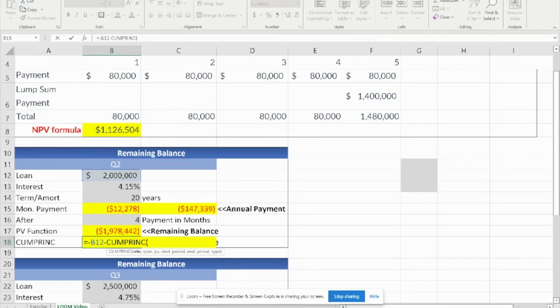So the CUMPRINC in Excel is telling you to find the rate, and it's going to be divided by 12, the number of payments, which is 20 years times 12, the present value, which happens to be the loan amount, and it's asking you what is the start period. Obviously, the start period would be 1, and the end period will be